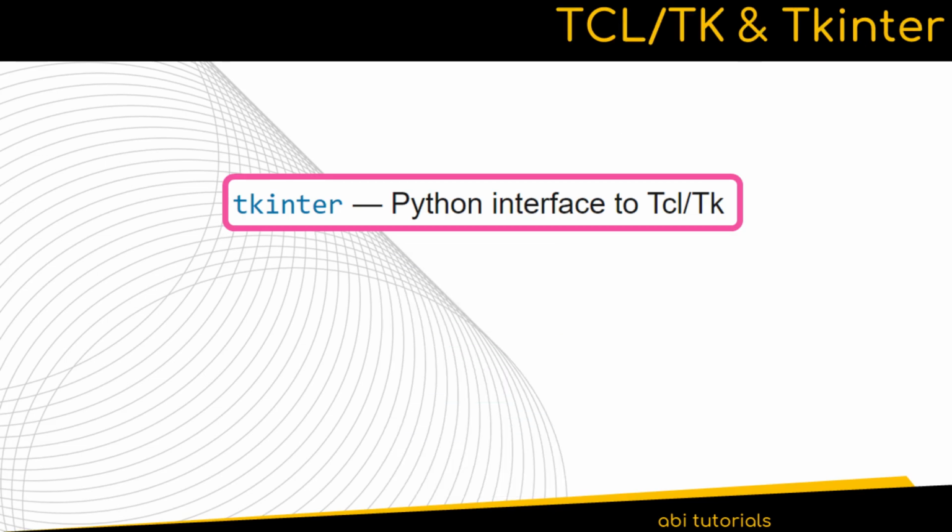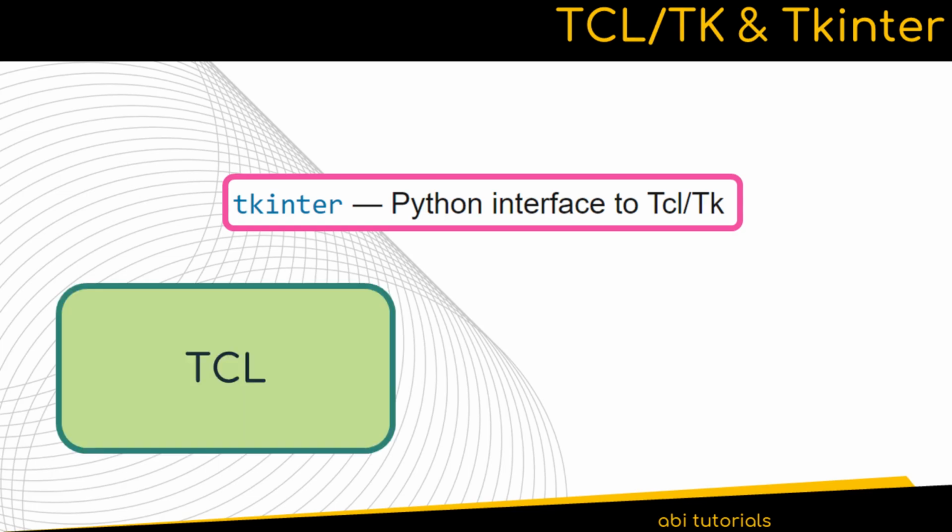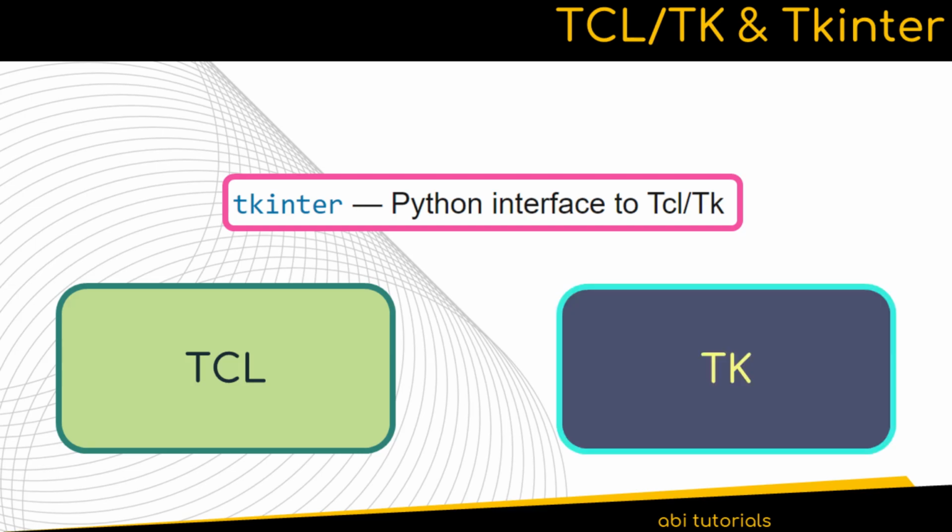You would have seen in the Python documentation that the word tkinter is suffixed with the statement Python interface to Tcl/Tk. So what is the Tcl/Tk? Tcl or the Tool Command Language is a high-level general purpose interpreted dynamic programming language, and Tk is a cross-platform GUI toolkit that was developed as an extension for the Tcl language. Tk can also be used in creating GUI for other programming languages such as Python, Ruby, Perl, etc. In this lesson, we will see how to create GUI programs using Python.